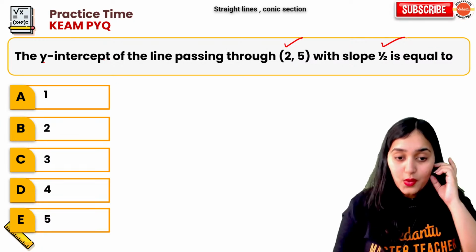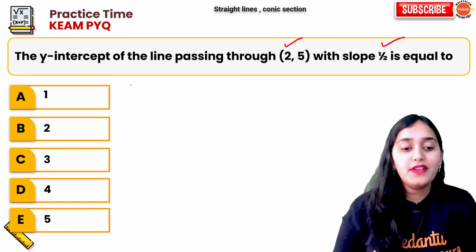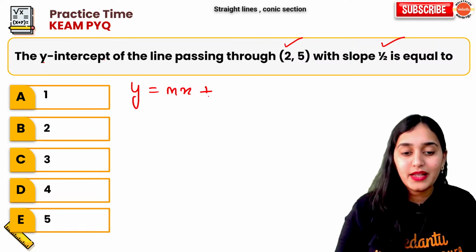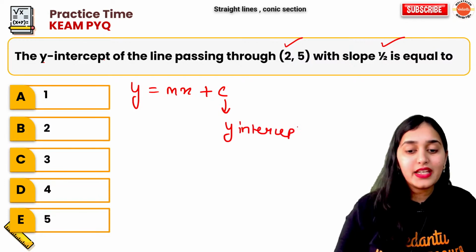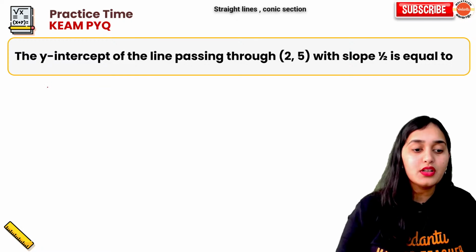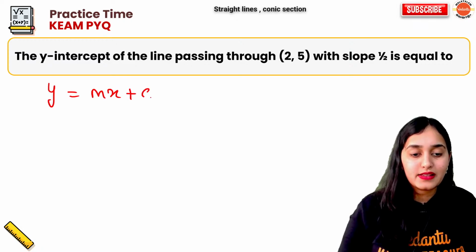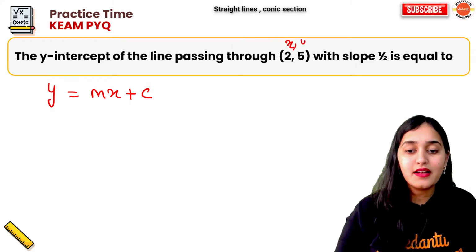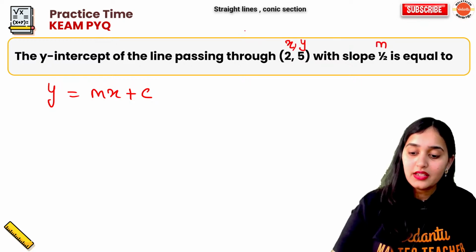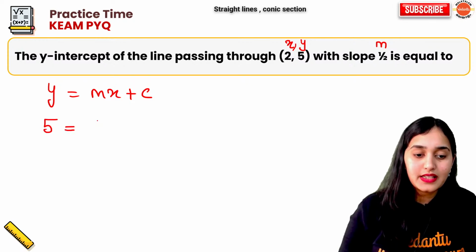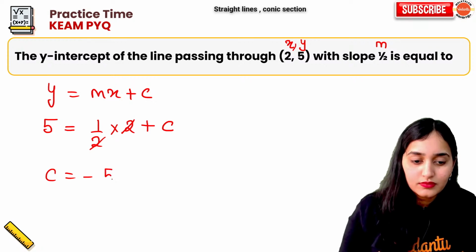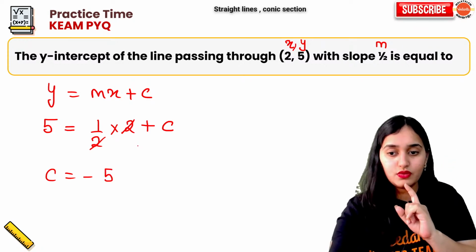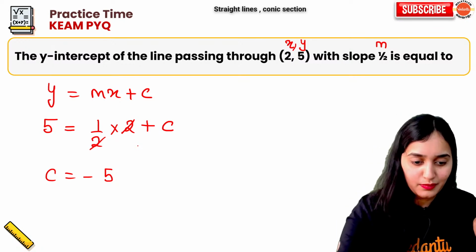Very easy question. How come? See, I told you the equation of a line is y is equal to mx plus c, where c is the y-intercept and we need the value of c, right? So, what we will do? We will take y is equal to mx plus c. We will put the x, y and m values. Just put it over here. So, this is 5, this is 1/2, this is 2 and this is c. Right? 2 cancel, c is equal to